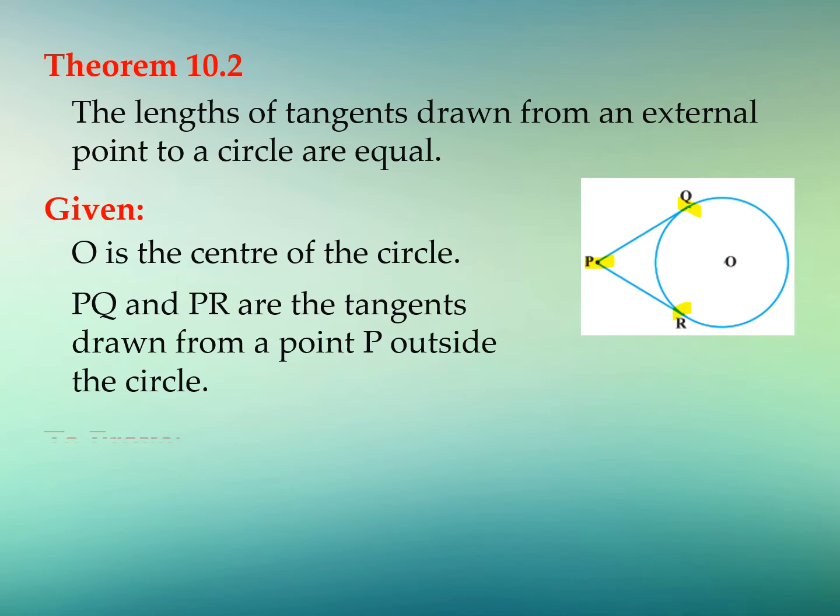Now what is it we have to prove here? We have to prove these lengths are equal, that is PQ and PR are equal. Mathematically I can put it as PQ equal to PR. Now how are we going to prove it? To prove this, we may need to do some construction. It is not necessary that every theorem will have a construction, but in this theorem we are going to have some construction which helps us to understand how we can prove PQ and PR are equal.